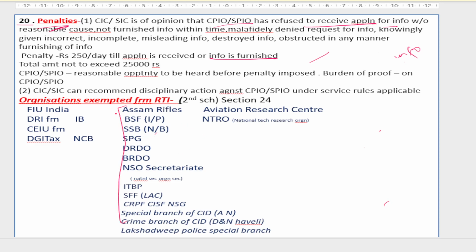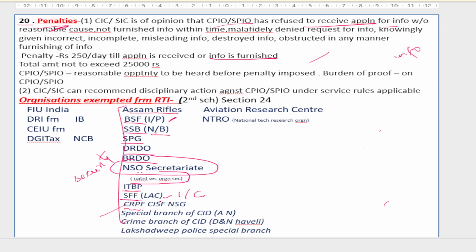The first group we see is all these organizations that are related to security in some way, internal security or security in general. See, Assam Rifles, Border Security Force, stationed at the border between India and Pakistan. The Sashastra Seema Bal, stationed at the border between Nepal and Bhutan. The Special Protection Group, the DRDO, that is the Defence Research and Development Organisation, the Border Roads Development Organisation, the National Security Council Secretariat, then Indo-Tibetan Border Police at the India-China border, the Special Frontier Force at the line of actual control between India and China,